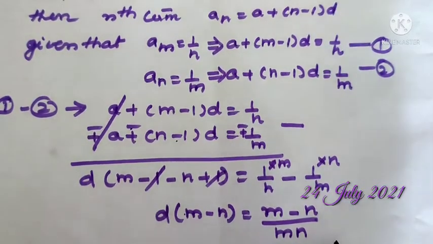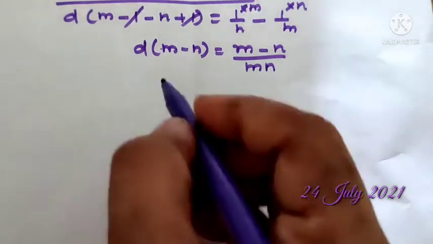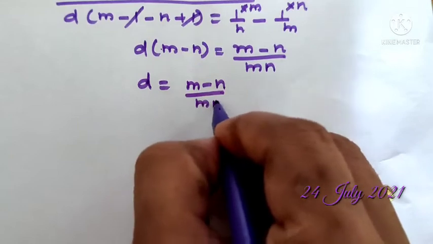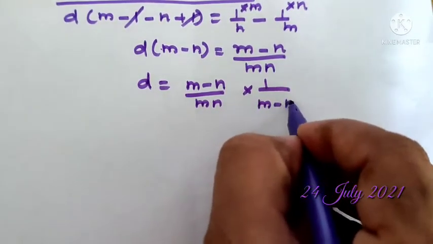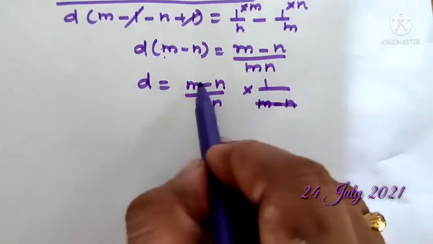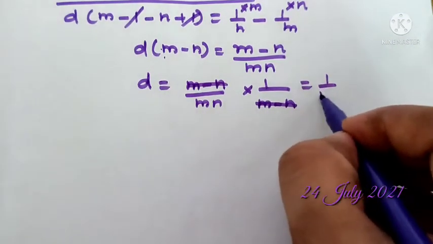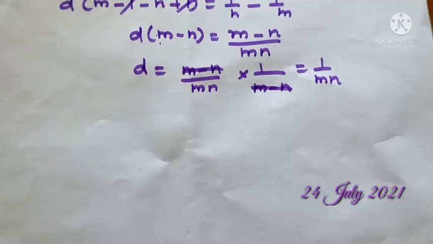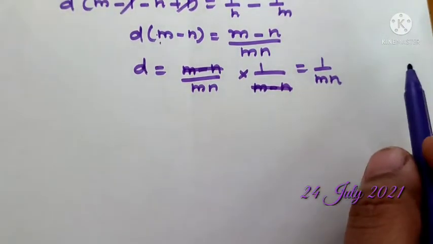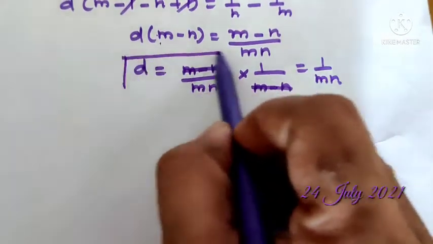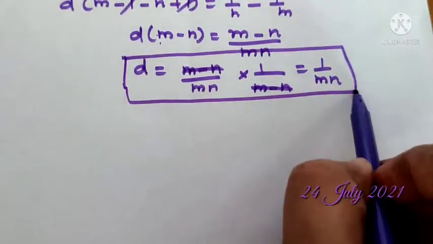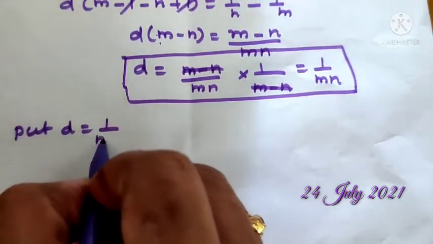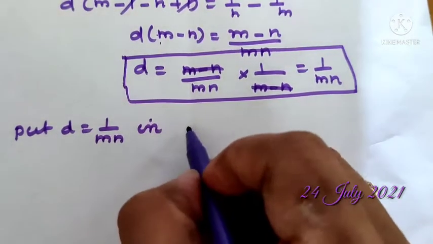Now this m minus n I am taking to this side. So d equal to m minus n by mn into 1 by m minus n. This m minus n we have taken to this side, so it will get cancelled. So what is the value of d now? d equal to 1 by mn. I will make it in a box, and if you want you can call it equation 3. So put d equal to 1 by mn in equation 1,